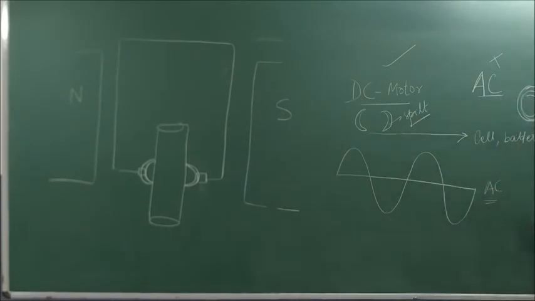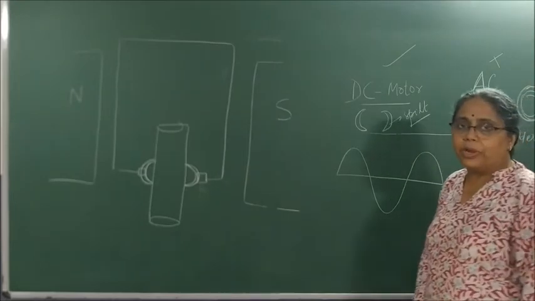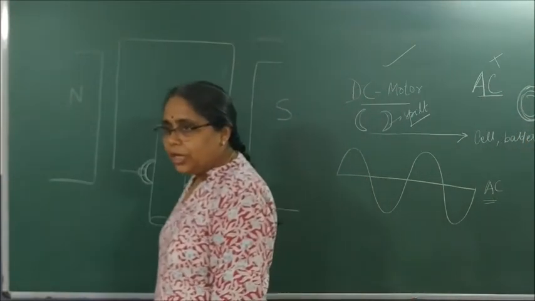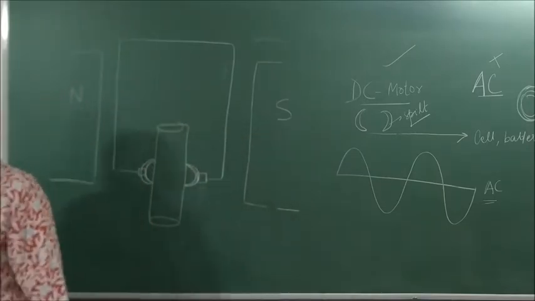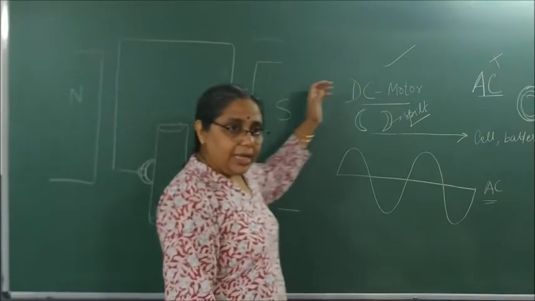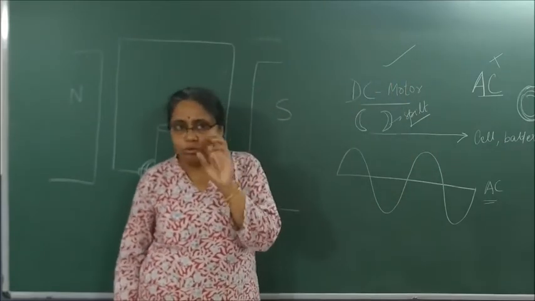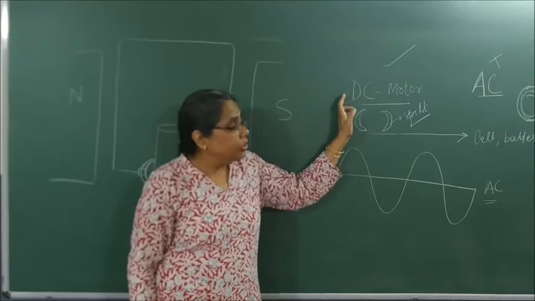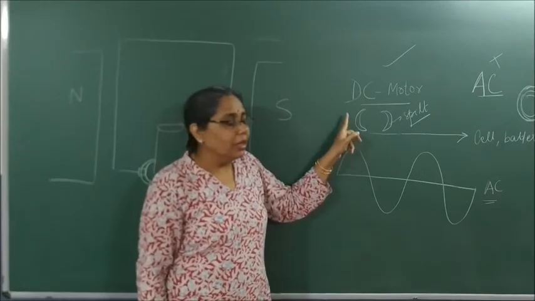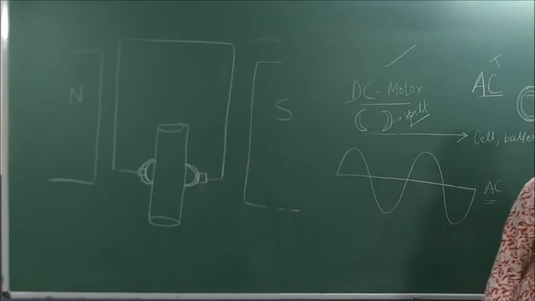Is it clear? There are two types of current. Direct current and alternating current. If the current does not change its direction all through its time, called what current? Direct current. The source of direct current is cell or a battery. But if the current keeps on changing its direction after every 1/50th of a second, then it is called as what current? Alternating current. We have both type of motors, DC motors and AC motors. We are studying a very small motor, so called as DC motor, which uses what rings? Split rings.